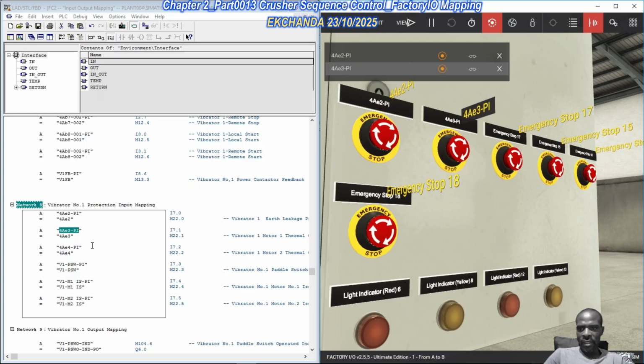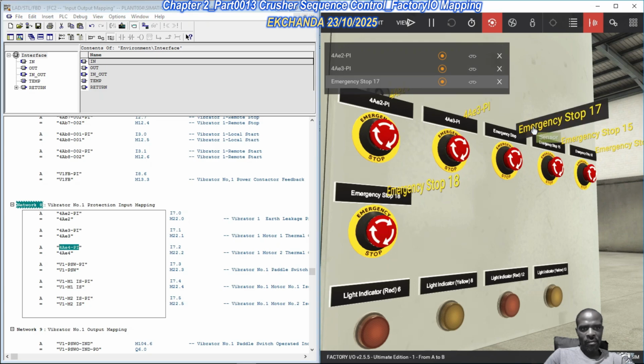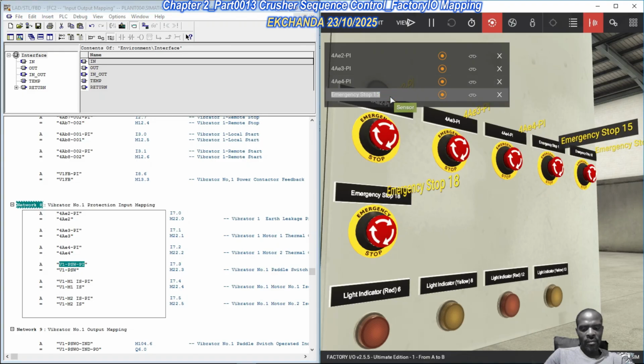For AE3, then for AE4, for AE4, then powder switch, okay. Control C, Control V, then of course